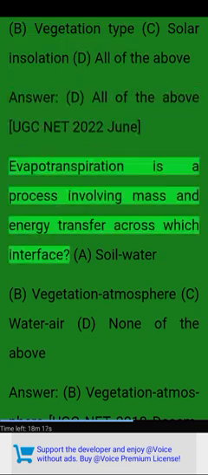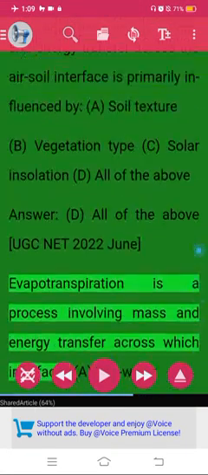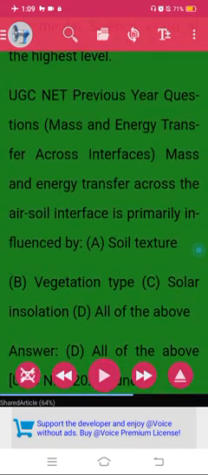UGC NET 2022 June. Evapotranspiration is a process involving mass